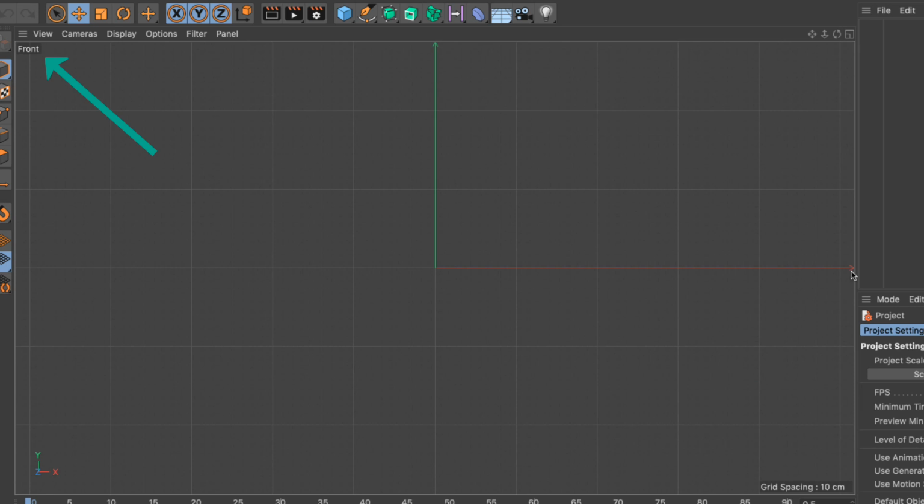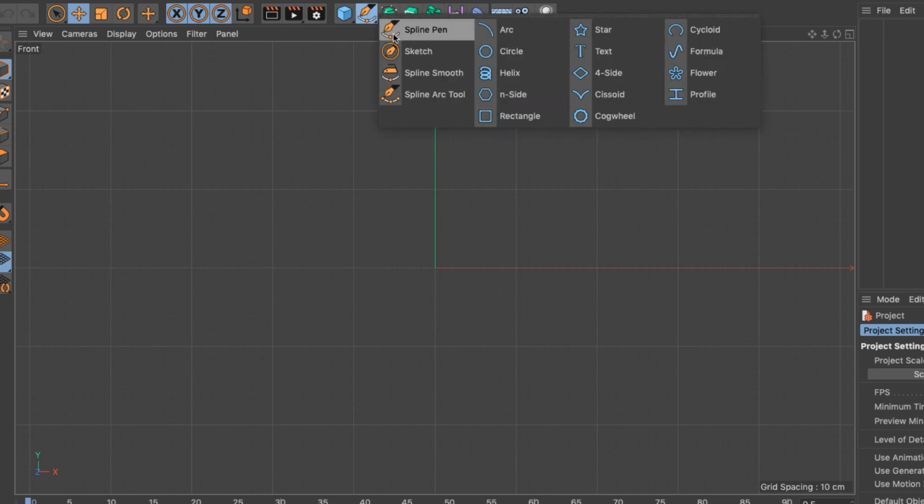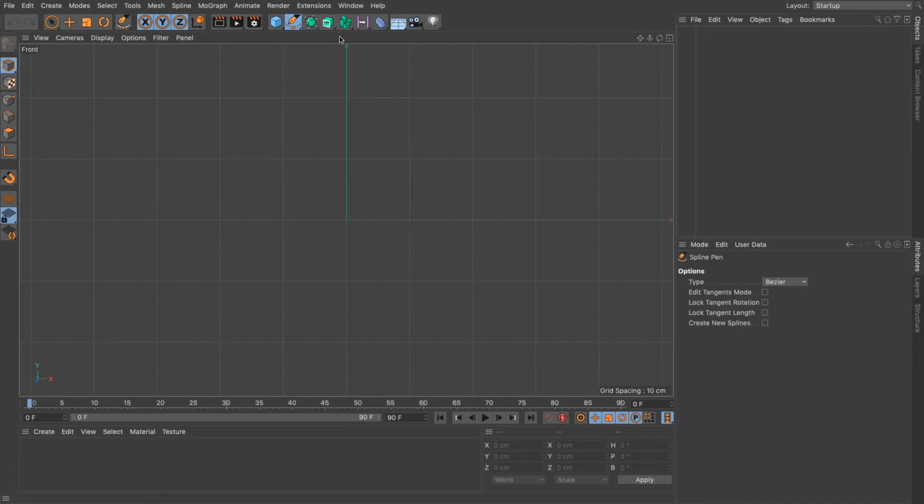the front view. And now I'm going to draw some splines in a very similar fashion to Adobe Illustrator or After Effects when we're drawing paths. So click and hold this and you can see a whole list of different spline objects. We are going to select the spline pen. And let's start drawing our splines. So let's draw a P in a very similar fashion to the way you're used to in any other Adobe product. There we go.